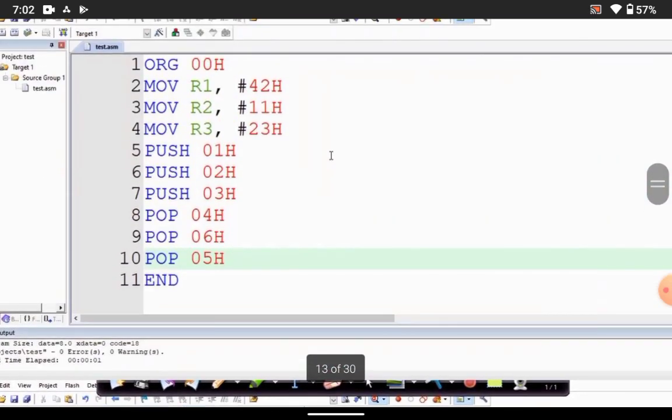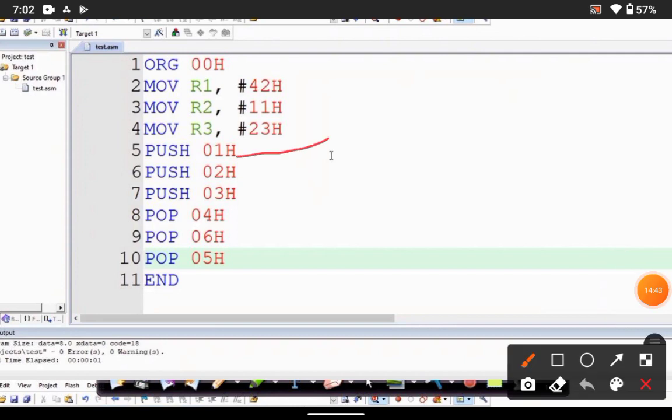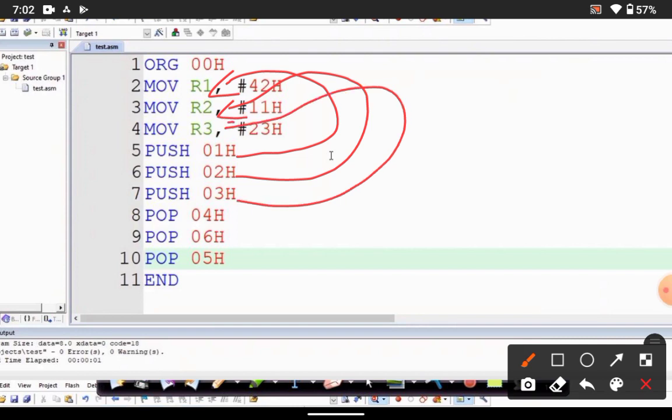So that is about the push and pop instructions. Push 01, push 02, push 03. Whatever value is present in 01 is nothing but the address location of R1, 02H is nothing but the address location of R2, 03 is nothing but the address location of R3. Whatever data is present in these three registers, we are pushing into the particular stack.